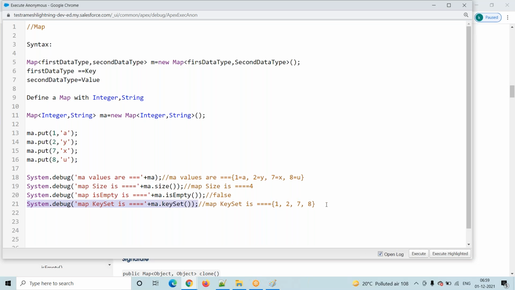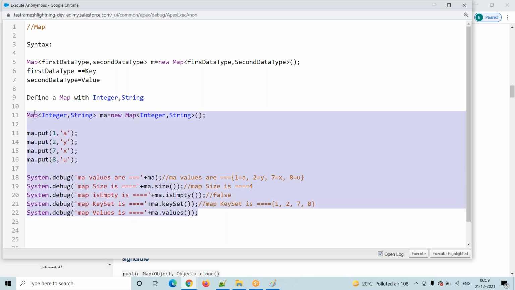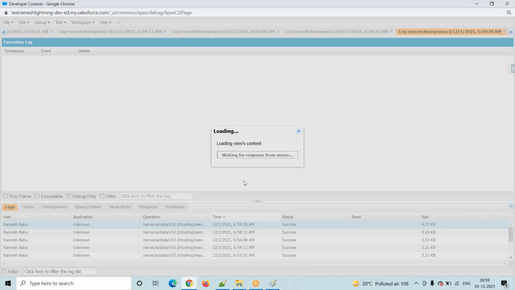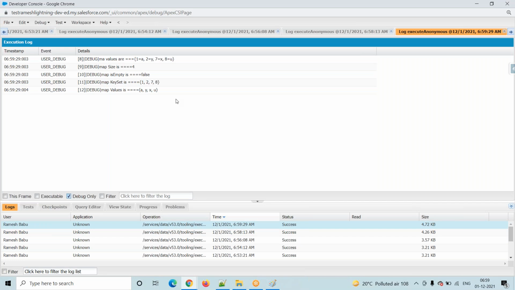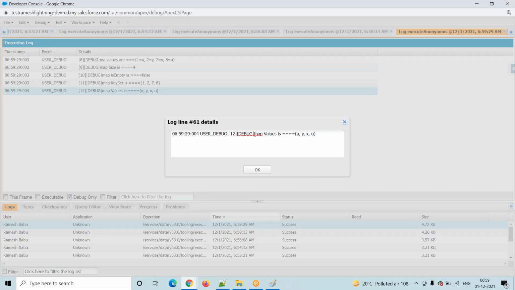Now copy this one, go here, system.debug, map.values. Now try to execute this code, execute highlighted. Now go to debug only. Values means we are getting only values, right?